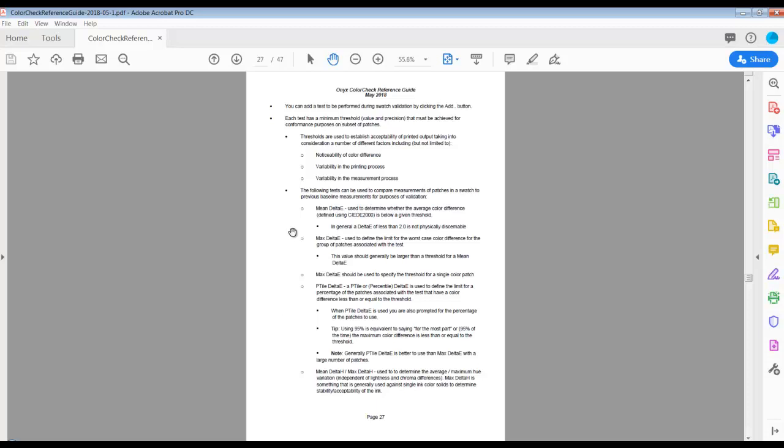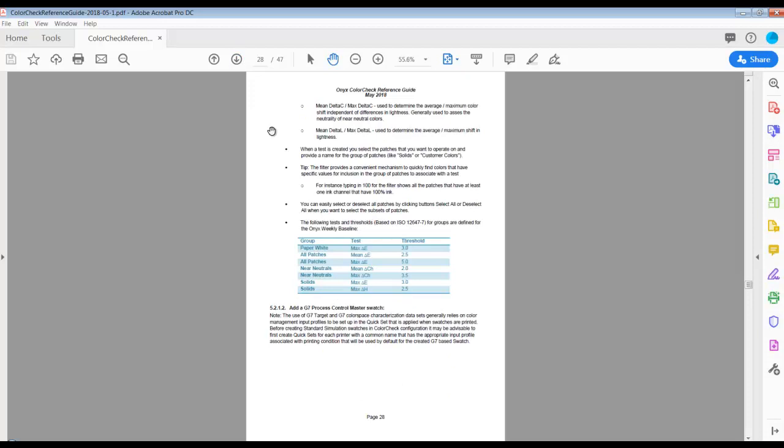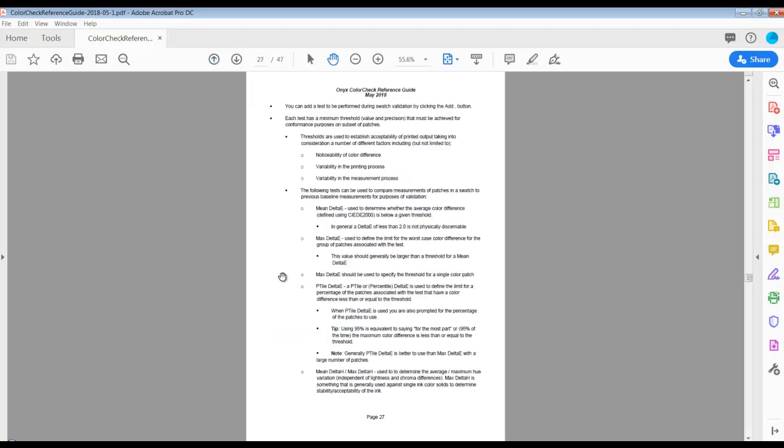So as you can see, we've got a mean delta E, a maximum delta E. We've also got some other conditions for delta H's, delta C, delta L. And this information is described, and we can decide which type of test do we want to evaluate based on these types of definitions.